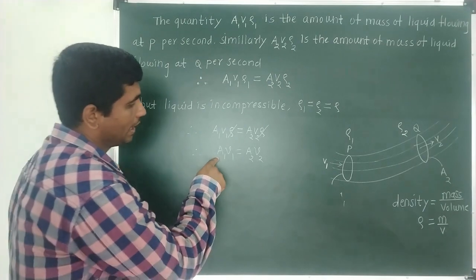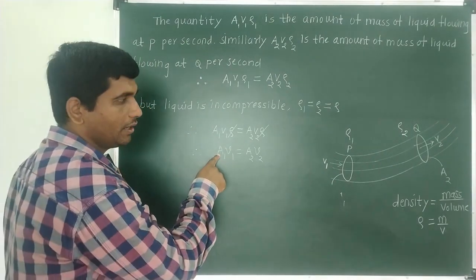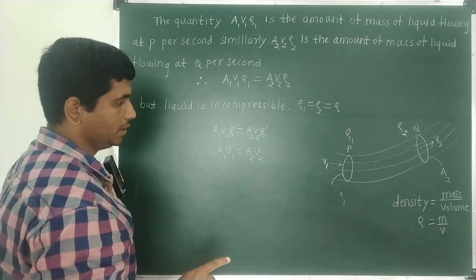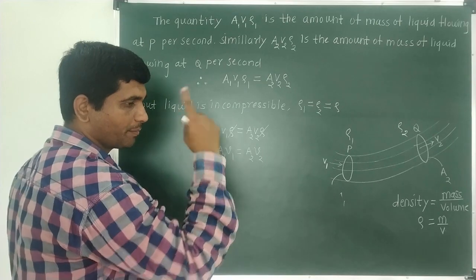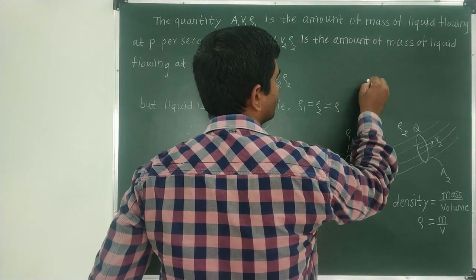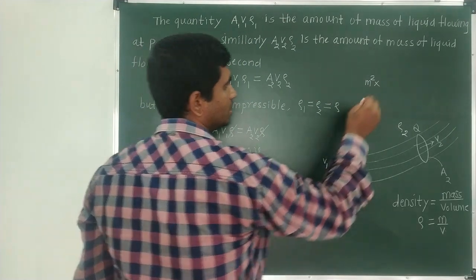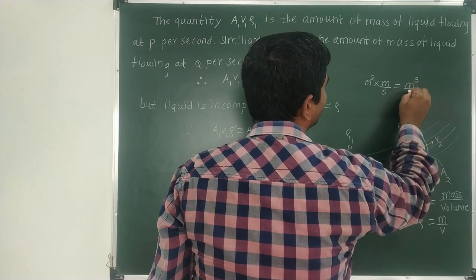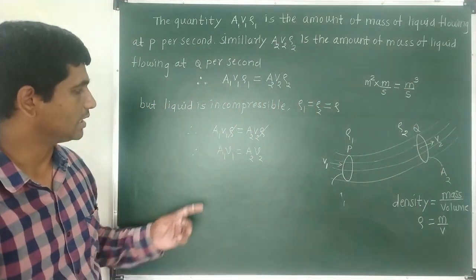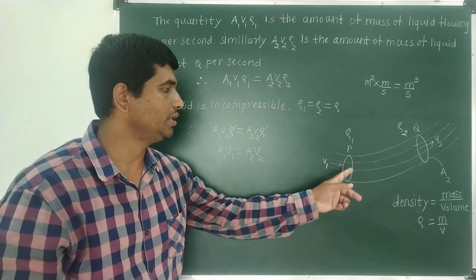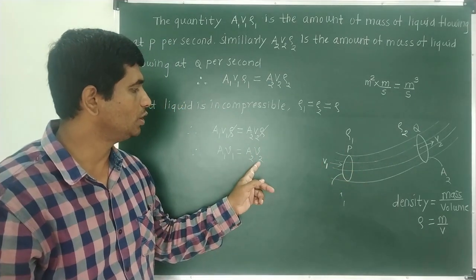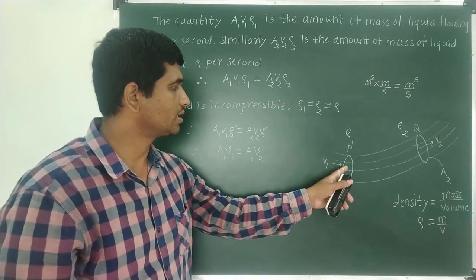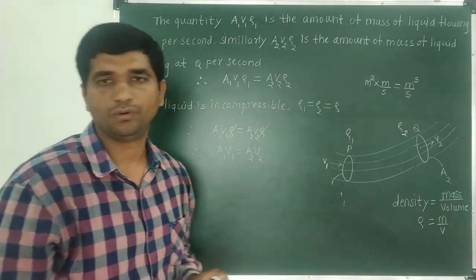That is what A1 V1 we have considered. A1 is the area, V1 is the velocity at point P. Okay, so area is measured in terms of meter square, and velocity is measured in terms of meters per second. So it is meter cube per second. It tells us that the amount of liquid flowing at point P per second is equal to A2 V2, that is the amount of liquid flowing at the point Q. So whatever liquid is coming at this point,